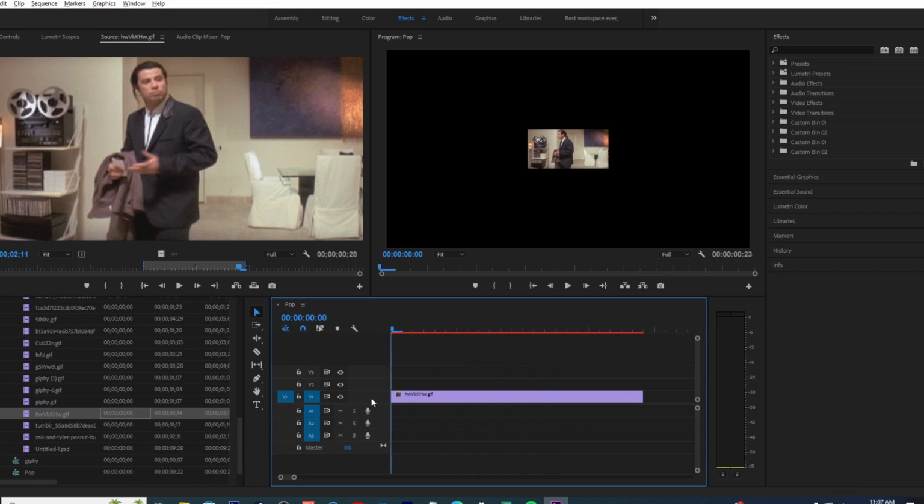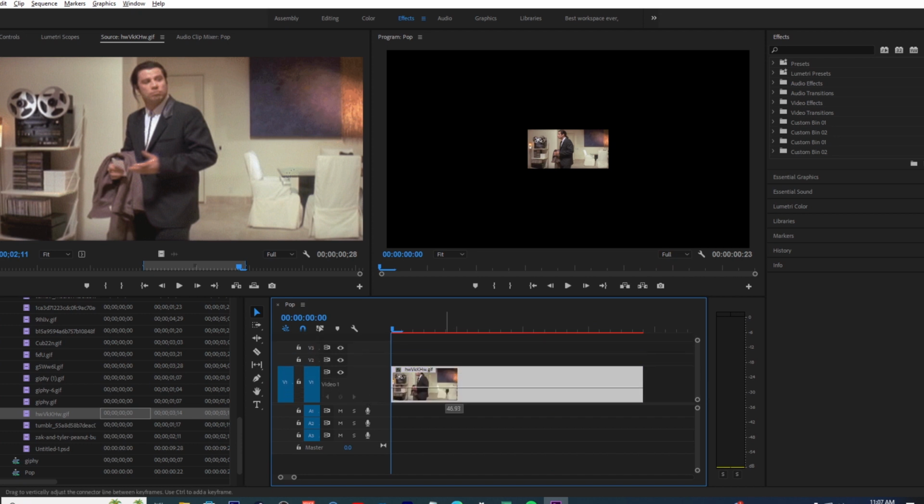Another thing you could do is hover your mouse over here and scroll in and out, and this changes the opacity of the clip, so as dark as you want it, as close as you want it. Pretty cool, right? And if you were to have audio, it would just change the dB of the audio. So anyway,